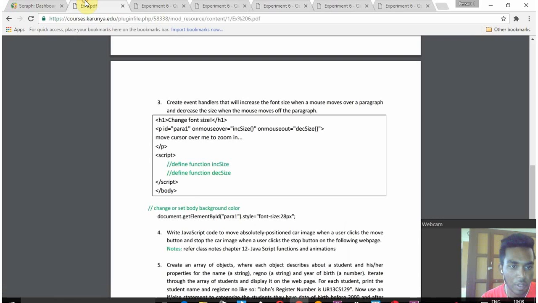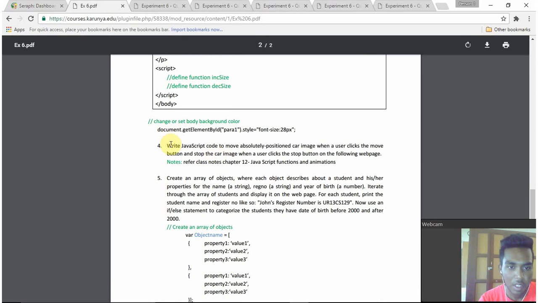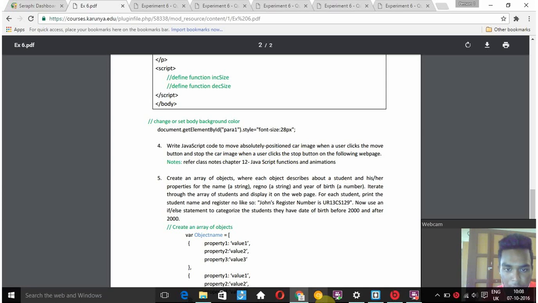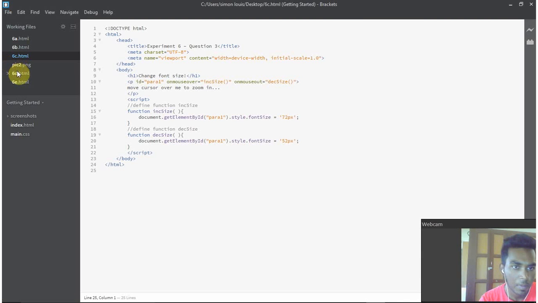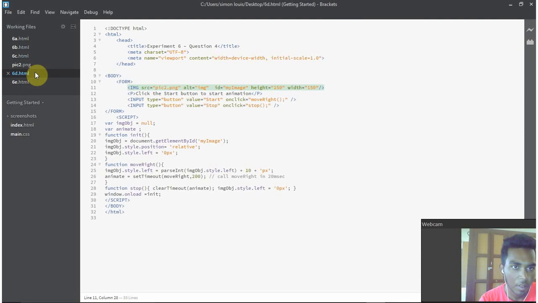So let's move on to the fourth question. The fourth question is write JavaScript code to move an absolutely positioned car image when a user clicks the move button and stop the car image when a user clicks the stop button. Let us see the code. Here's the source code,